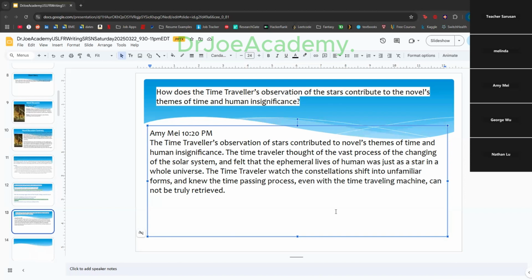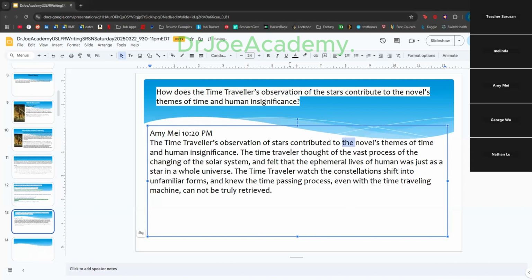All right. Nicely done. So very well said. Let's double check this. So the time traveler's observation of stars contributed to the novel theme of time and human insignificance. So the time traveler thought of the vast process of the changing of the solar system and felt that the ephemeral lives. Okay, so